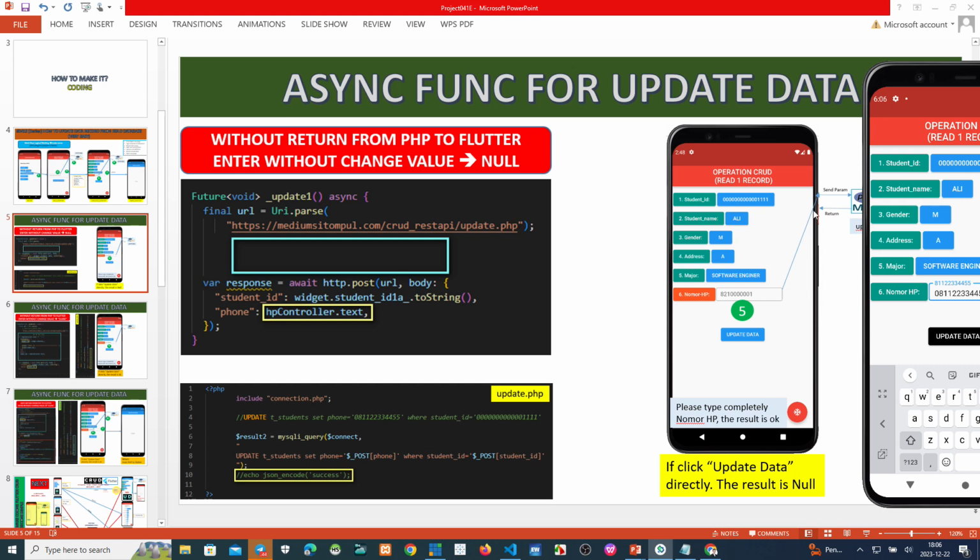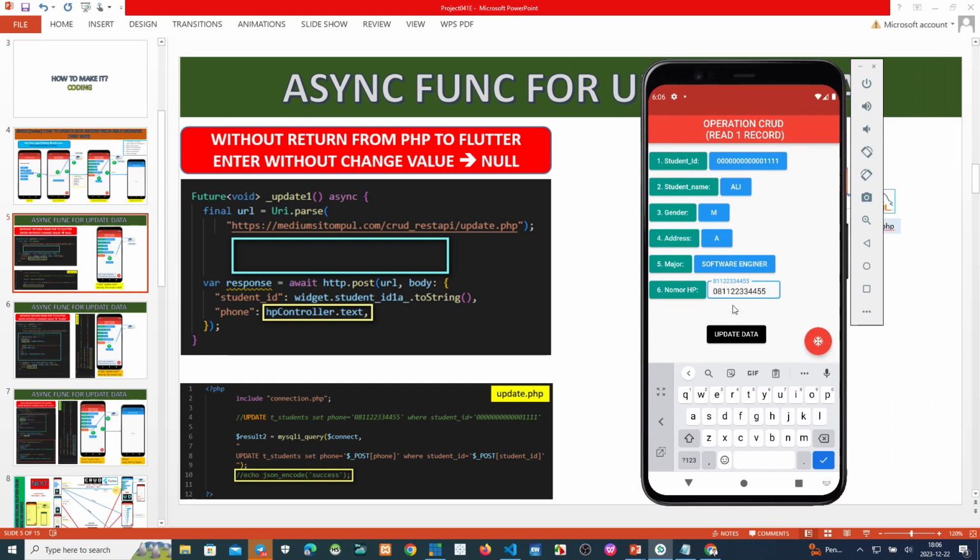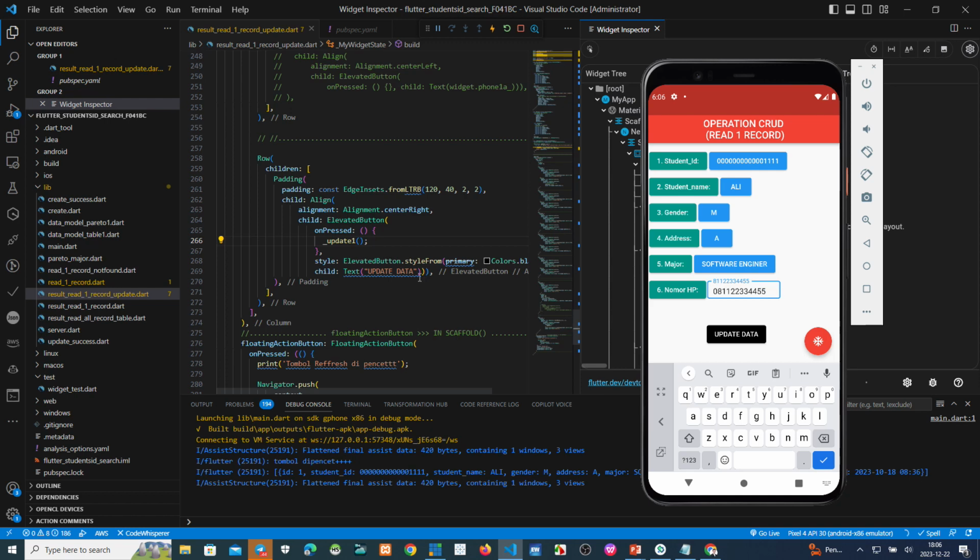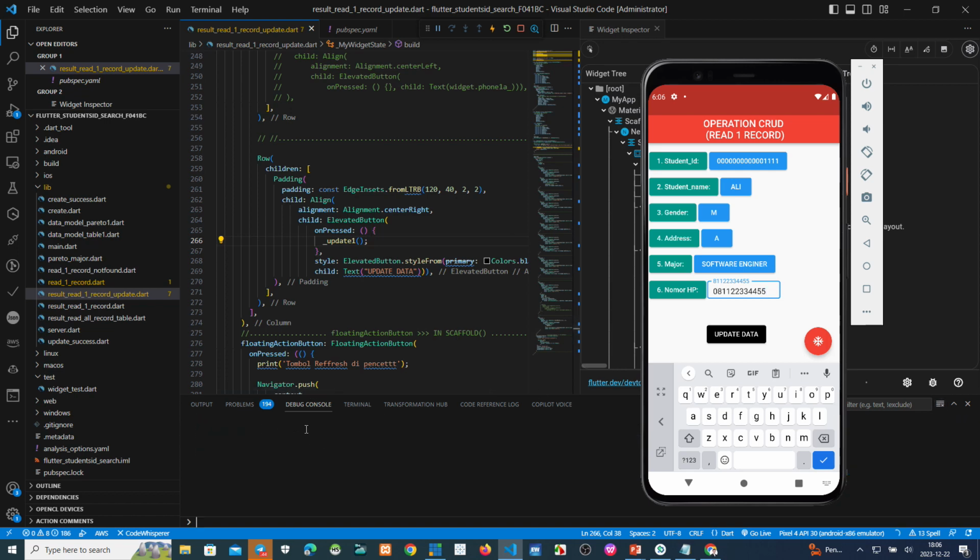But the data will be sent to the backend and run the script. Now we type the 0, the first number. I put it here, click. Now we can see on this one the change in the console.